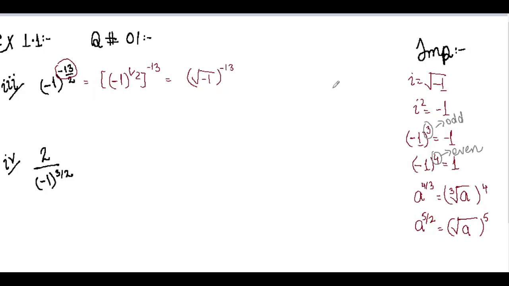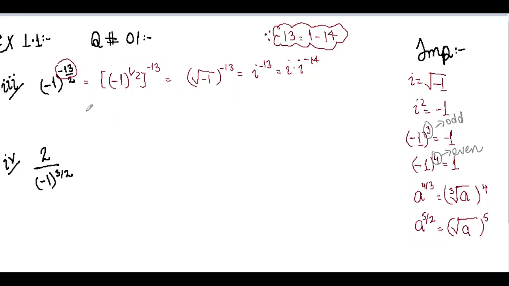And under root of minus 1, we can see over here that under root of minus 1 equals iota, so we'll put it over here, iota whole raised to the power minus 13. Now we can write minus 13 as minus 14 plus 1. I'll show you over here, minus 13 equals 1 minus 14. This is the information used over here. Okay, iota dot iota raised to the power minus 14.